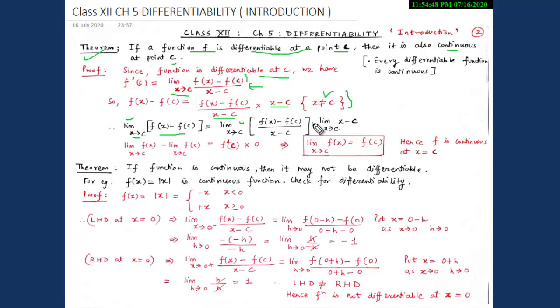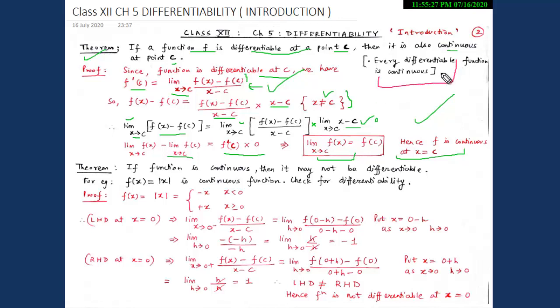So from here, student, in LHS, we get limit x tends to c f(x) minus limit x tends to c f(c), and this equals, so we know that limit x tends to c (f(x) - f(c)) / (x - c) is nothing but f'(c). Therefore we can write f'(c) into, and when we put limit x tends to c, we get c - c, which equals 0. So f'(c) into 0. Therefore, student, we get limit x tends to c f(x) equals f(c). So we can say that our function f is continuous at x = c. Therefore we have concluded that every differentiable function is continuous.